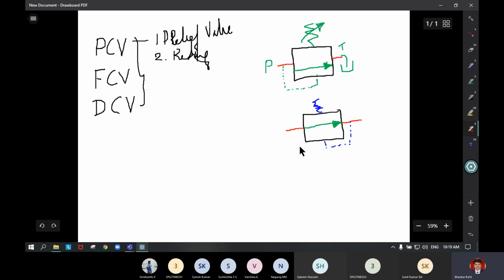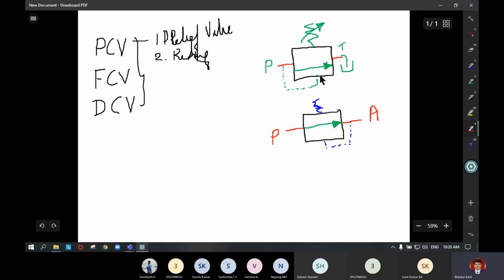And again this is the P port. This is applied to the actuator or some other hydraulic component. The output is not going to the tank here, and this is sensed by the back pressure line, that is the outlet line. So here it is representing the reducing valve. In the exams you may get the question: differentiate between relief and reducing.